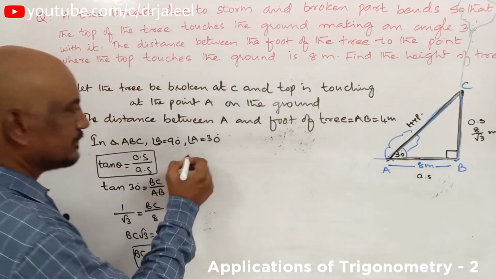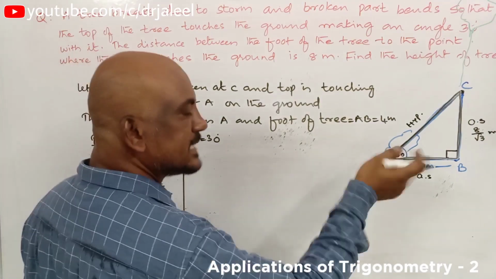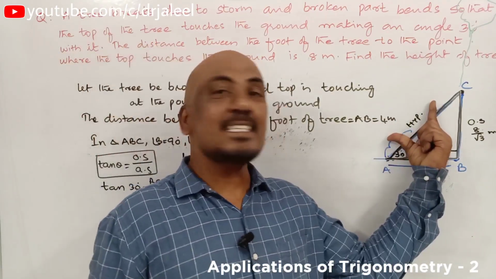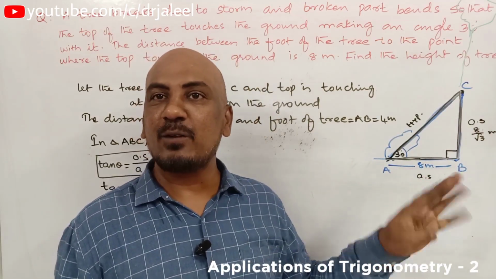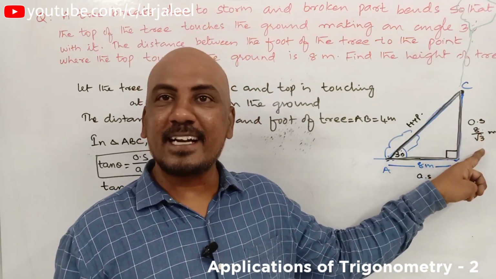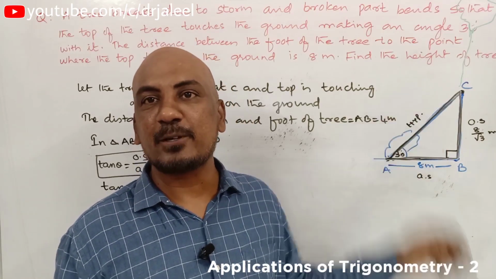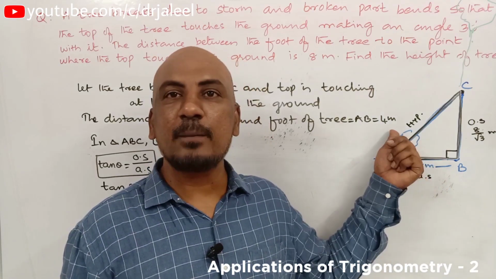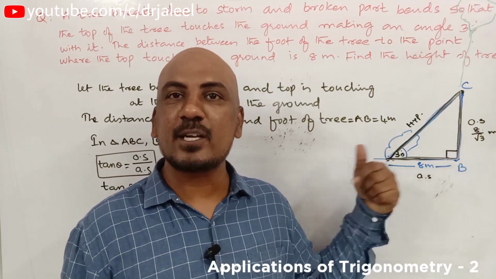I'll present it over here. See, the same triangle it is. Now hypotenuse is wanted. What are the sides already you have? You have opposite side, adjacent side. That means you can work in two ways. You can write it as opposite by hypotenuse, or you can even write it as adjacent by hypotenuse. Which side do you prefer? We'll take adjacent by hypotenuse. Why? Because adjacent is 8 meters and that is 8 by root 3. Calculation will be little easy.